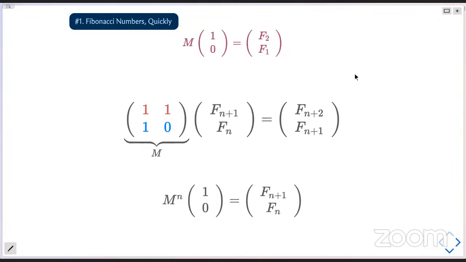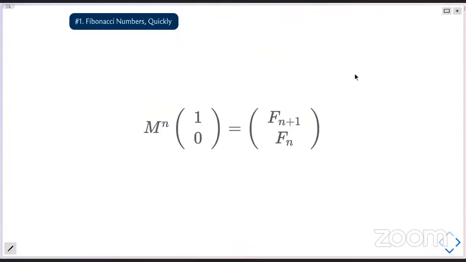What does this have to do with fast computation? Well, it turns out that if you want to compute the matrix M^n, M raised to N, you can do that by repeated squaring. So it does look like there are N matrix multiplications or N minus 1 matrix multiplications involved here, but you really don't have to do all of them. You could short circuit this computation by simply repeated squaring.